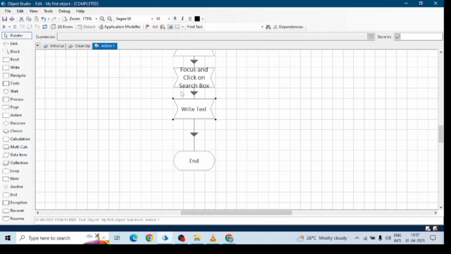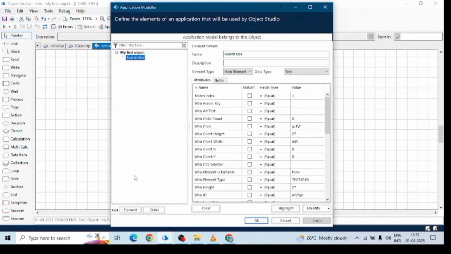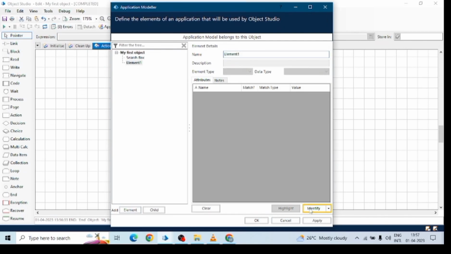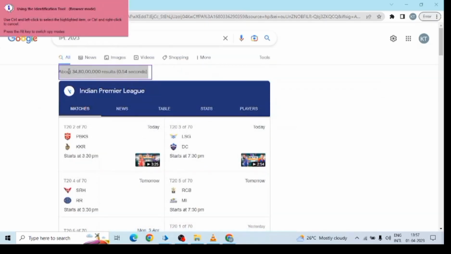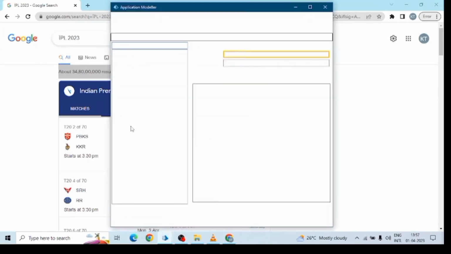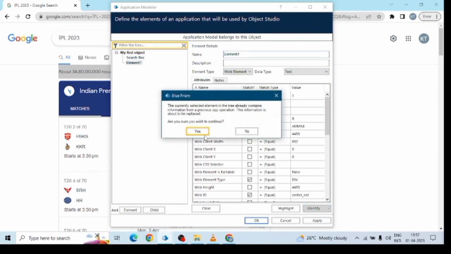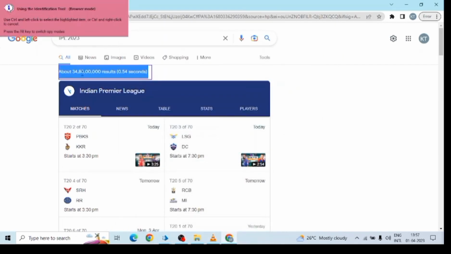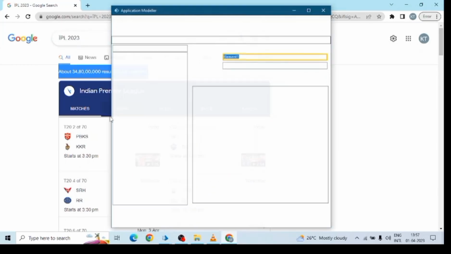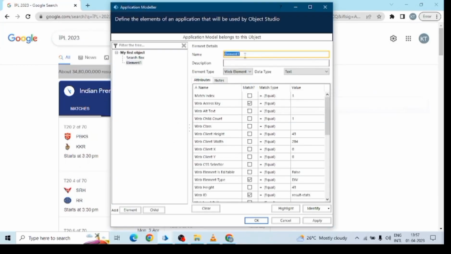For that we will go to application modeler. Now we need a new element, click on element, click on identify, and we want to read this about 34 crores 80 lakhs results. So we want to read this. Now highlight this, control plus left click, sorry, wrong. Control plus left click. Okay, we got this